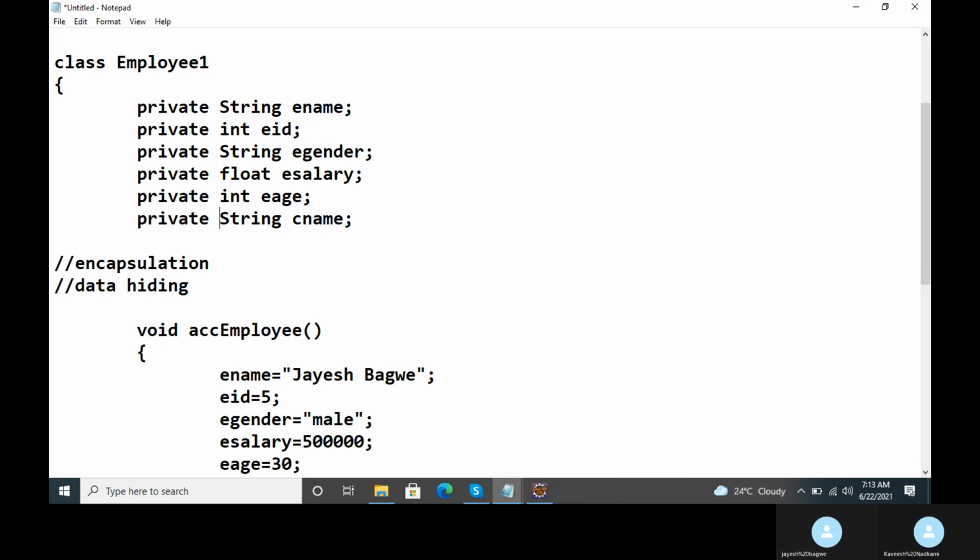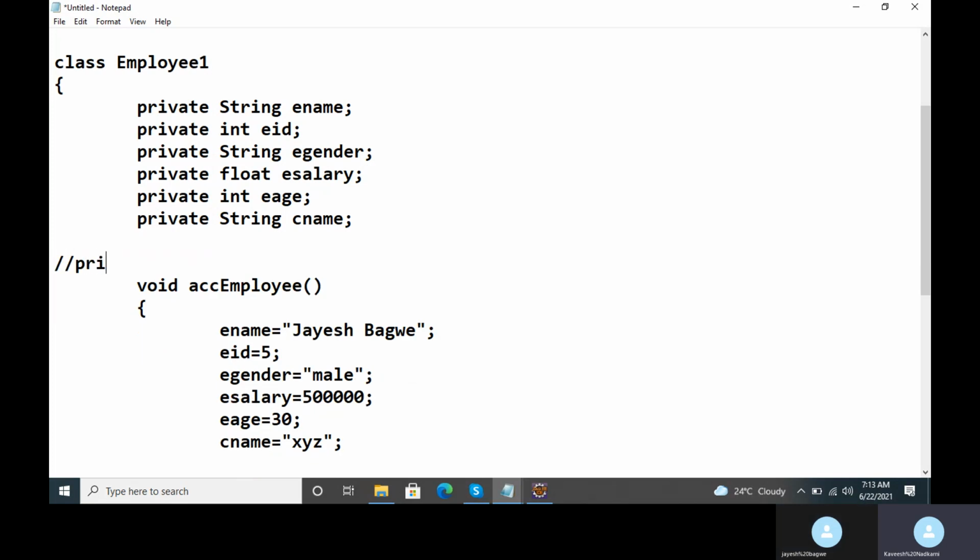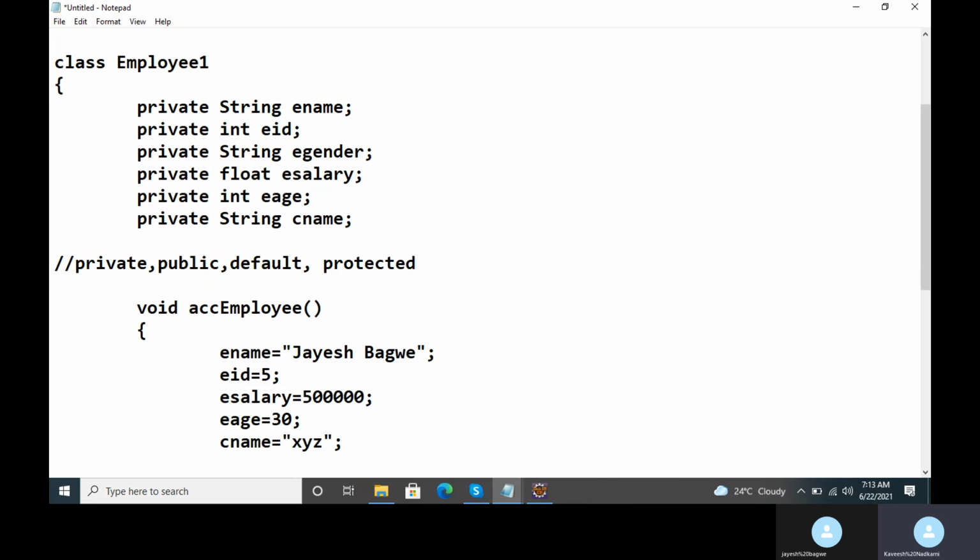So there are totally 4 access modifiers. One is private, which I just showed you. Second is public, Jayesh. Third is default. And fourth is protected. Actually there are 3 keywords: private, public, and protected. There is no keyword for the default access modifier in Java.